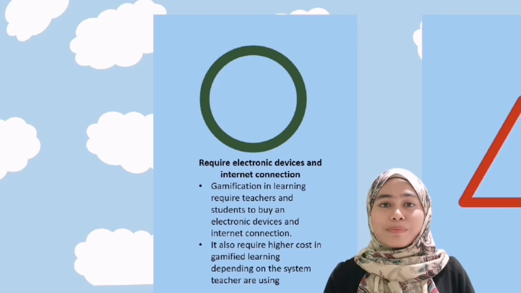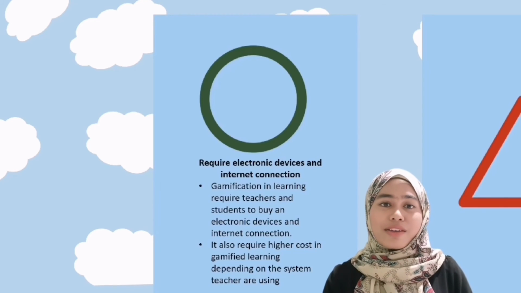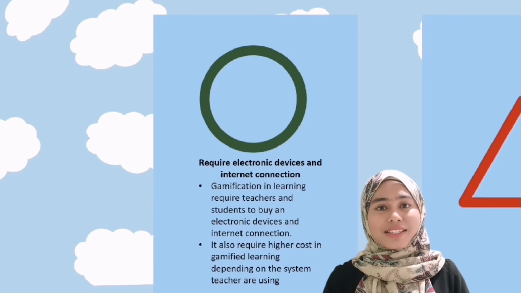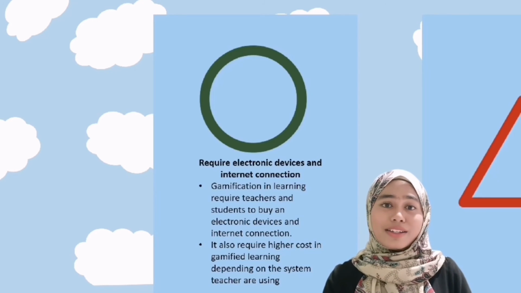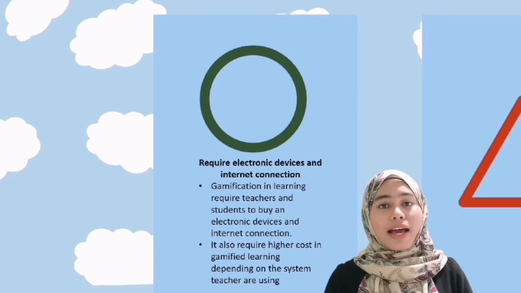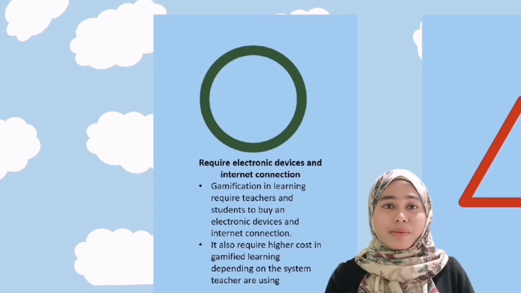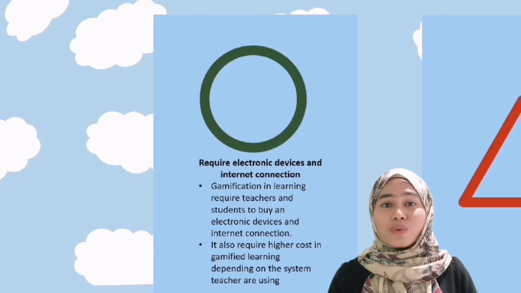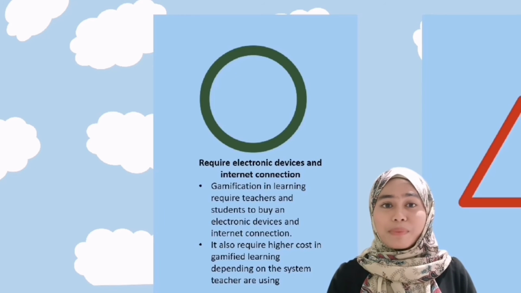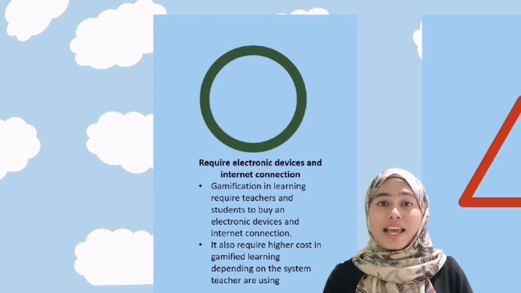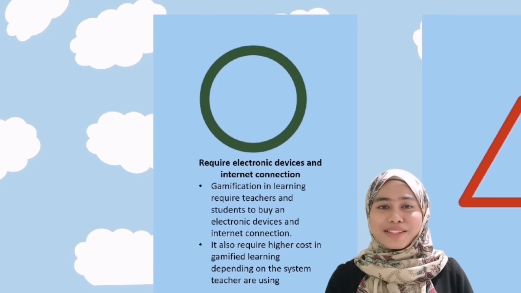Moreover, most of the places in rural areas are having a problem to get a good internet connection. Besides, it also requires higher costs in gamified learning depending on the system teachers are using. There may be software expenditures as well as teacher training fees. These costs are often passed on to students in the form of registration fees or course codes that must be